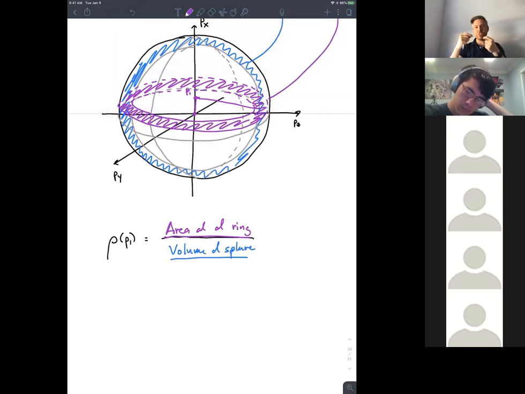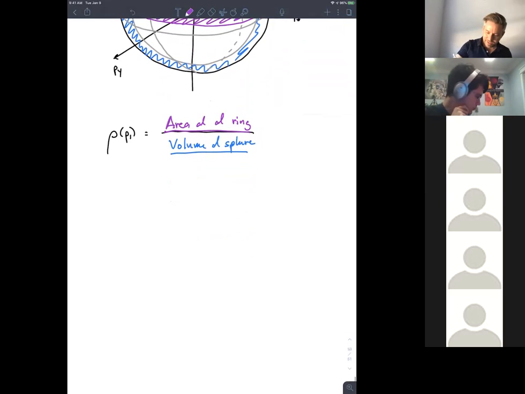Okay, and so in the more general problem, what we're going to have is a 3n dimensional sphere, and the section that we're going to take is going to reduce that dimensionality by 1. Right, so just like we went from 3 to 2 dimensions to get that subset, what we're going to be doing for the more general problem is going from a 3n dimensional to a 3n minus 1 dimensional subset. Okay, so this area of our ring,